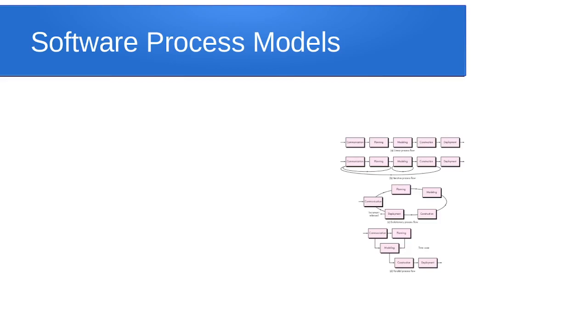Here in this video we are trying to understand the basics of process models for software development. We will also try to understand this topic as software development life cycle models. So in these process models, basically we see the framework activities and the other umbrella activities in the total process framework.